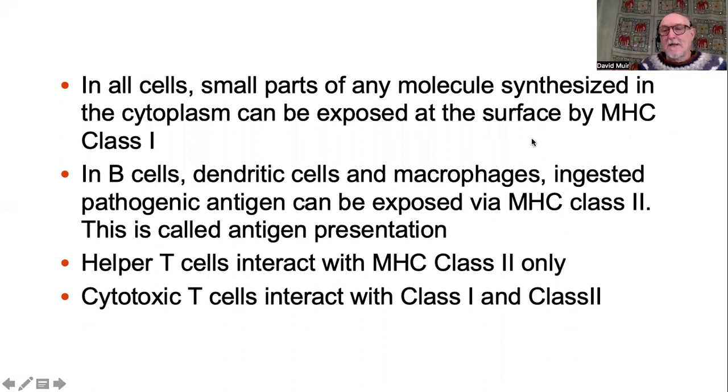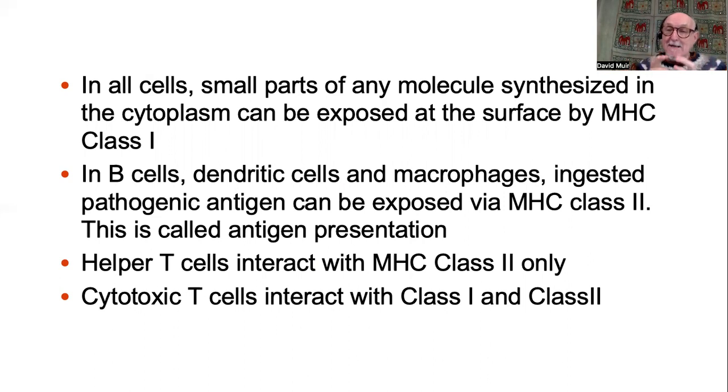It's MHC. And it's MHC class 1. So this is for all cells. It's their self-advertisement, right? But in a special group of cells, the B cells, which are lymphocytes, dendritic cells that you've already heard about, the ones that wander the tissues and then can make their way to the lymph nodes, and macrophages,